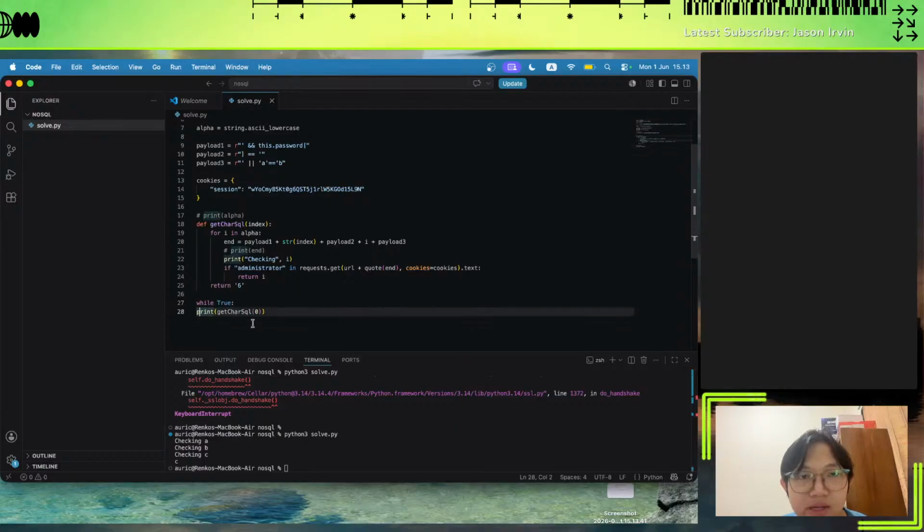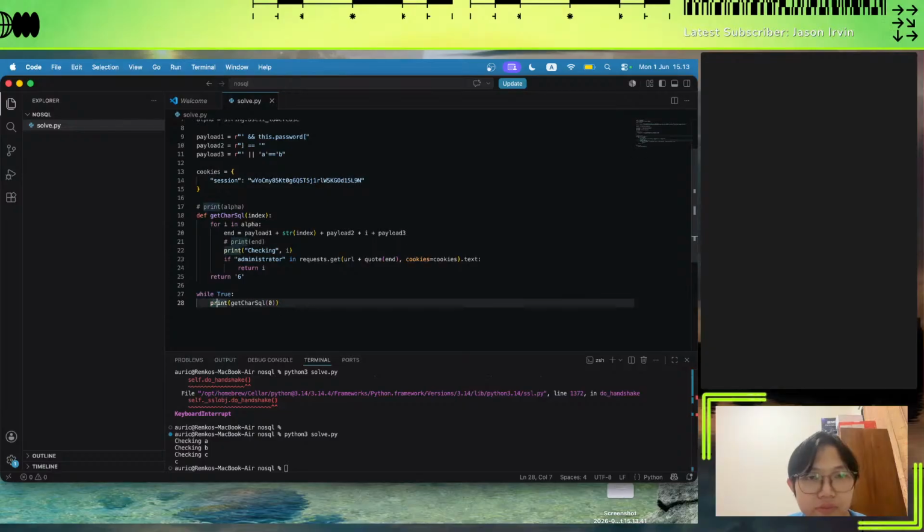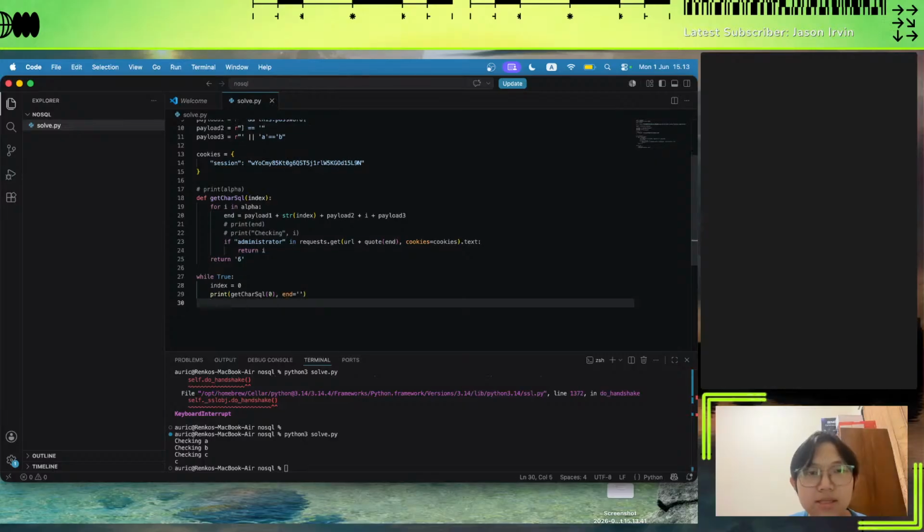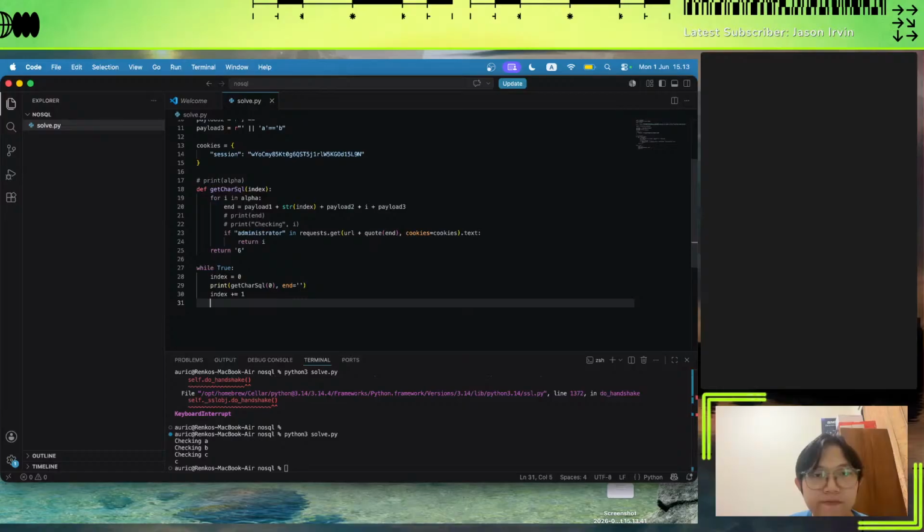Well, true, then index equals to 0. Print, with no print, with no new lines. Index increment, if